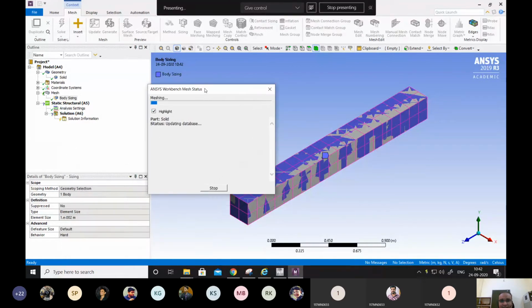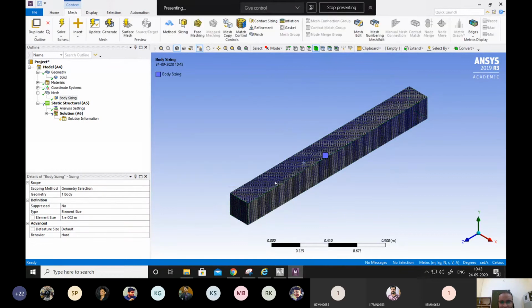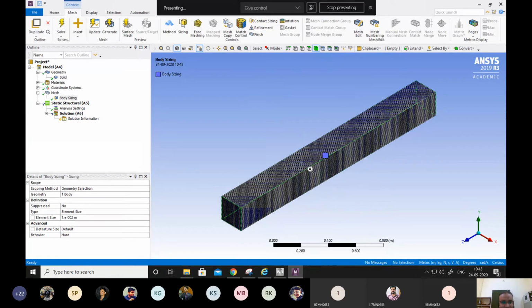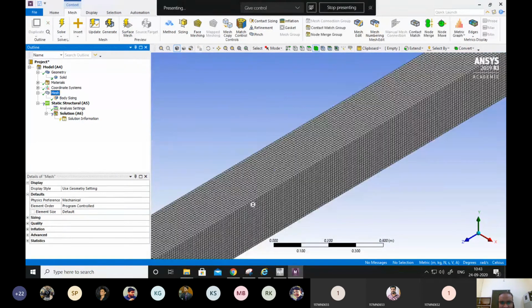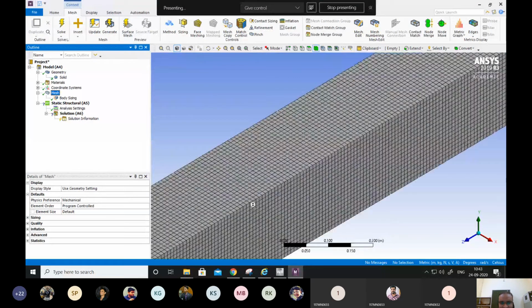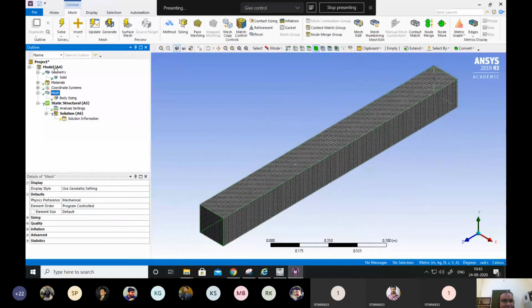Otherwise, if too many elements are there, it will be a problem. 1 centimeter might be a bit too dense. Yeah, so it is done. If you see the mesh, it is something like this now. But with too many elements, it will take a lot of time to compute.